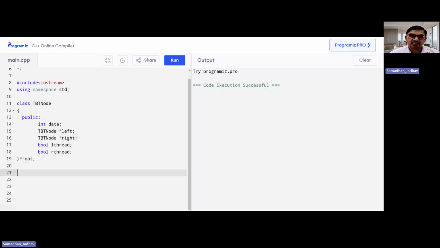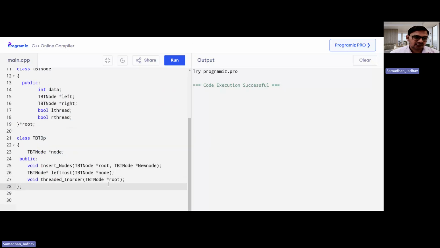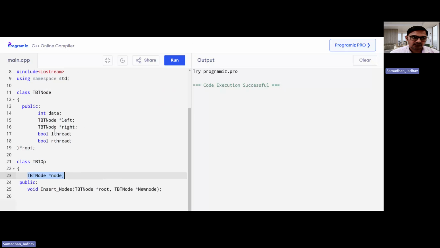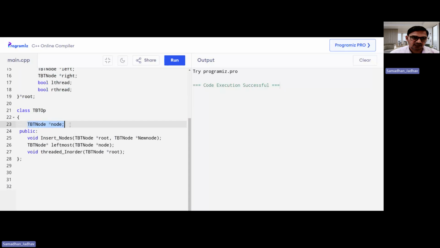Now after this, we'll create a class for operations. So this class for operations will have three operations. The first operation is creation of TBT. The second operation will be finding the leftmost node, which is required in case of in order traversal by using threads. So see, now we have this class for TBT operation. The class name is TBT operation. We have this data member which is from TBT node. So we can access the nodes of TBT from this class,